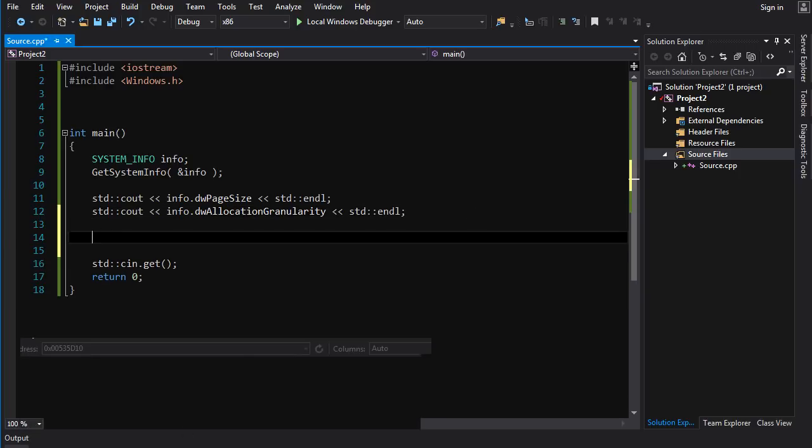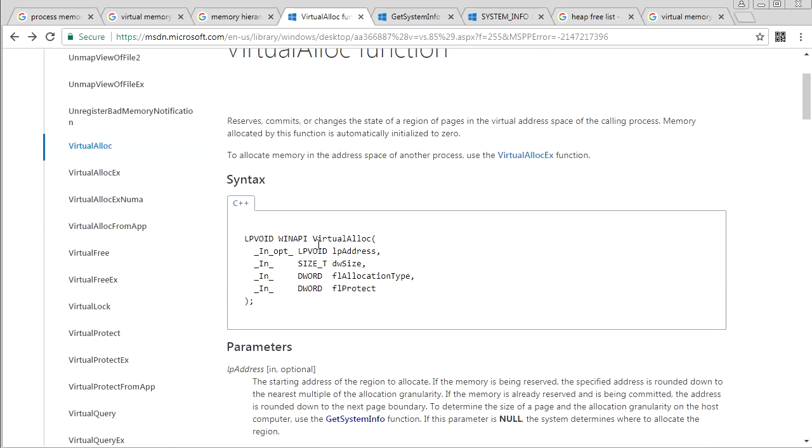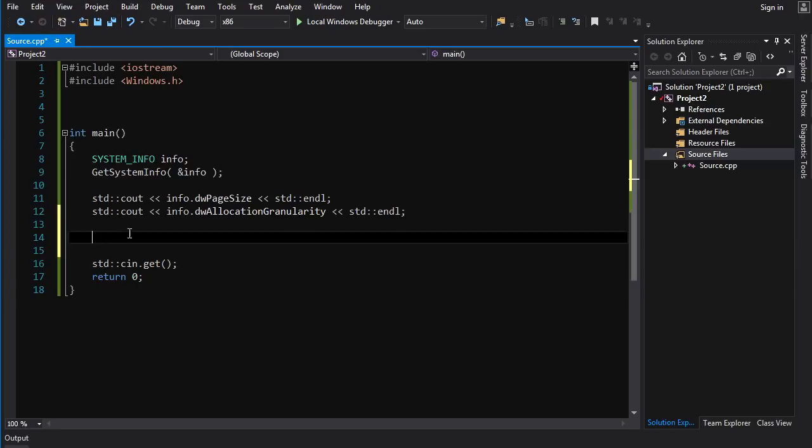So let's go back to the page here, and we're going to call VirtualAlloc. So this is in option. These are all ins, and it returns the pointer. So very rare for a Windows API. It actually uses the return value to return something to us, and it's a void pointer. So we'll go auto p is equal to, and we'll go reinterpret cast char pointer,